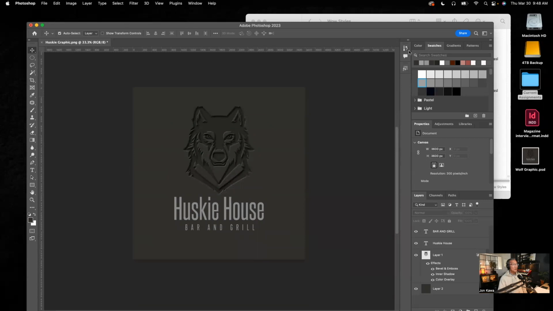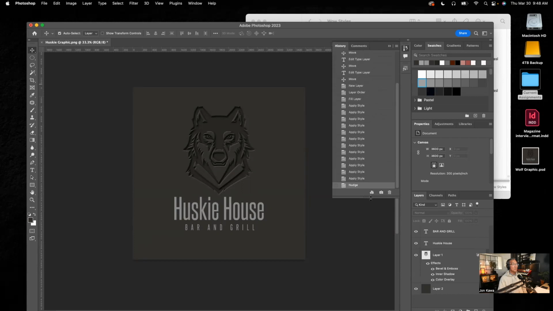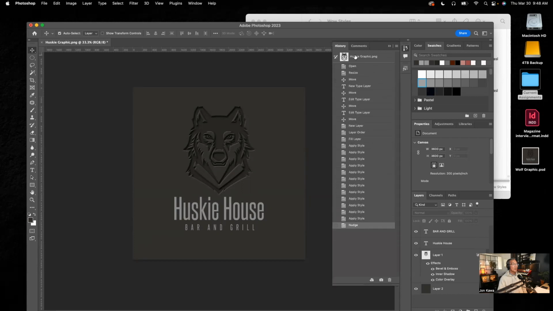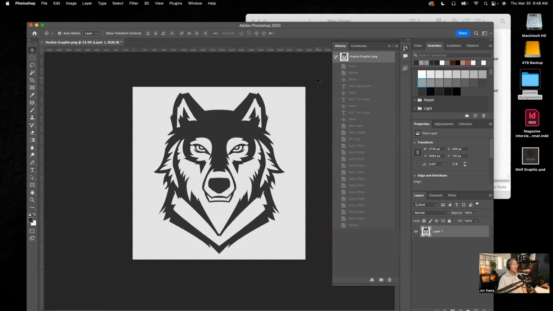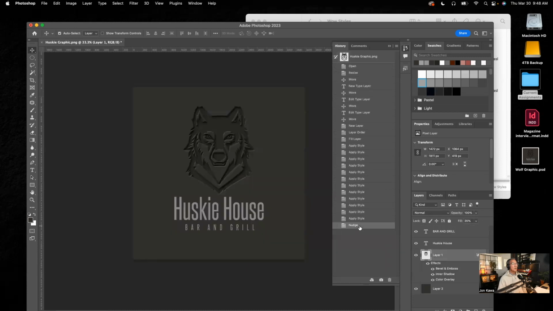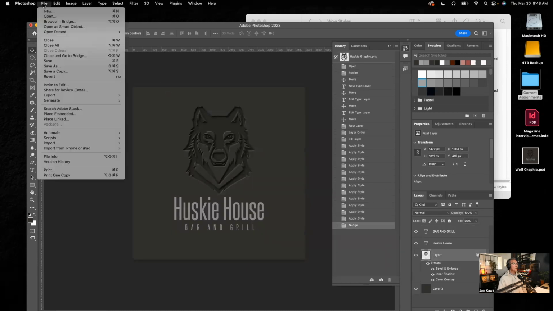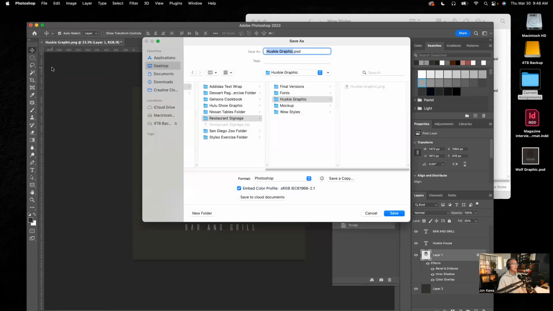This is the Husky graphic right here. We don't want to save over this because then we'll lose it. So what we want to do is go up to File and Save As,